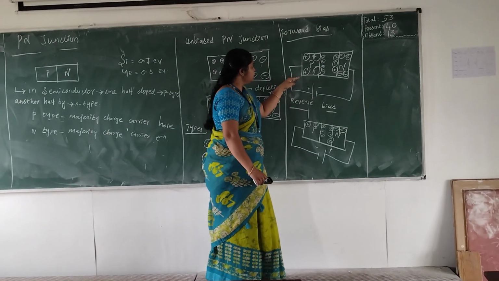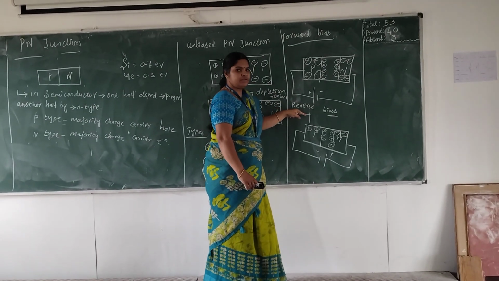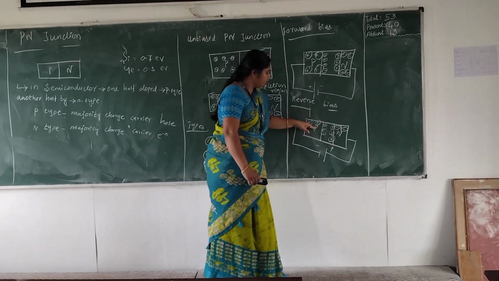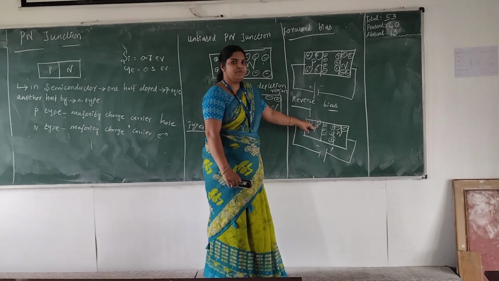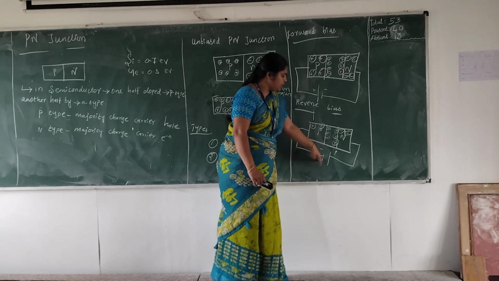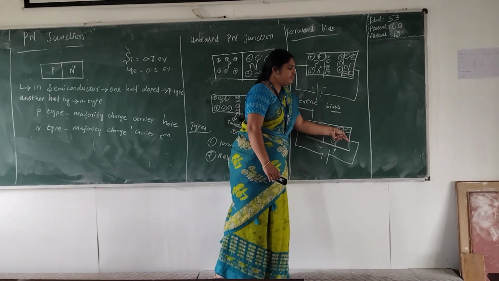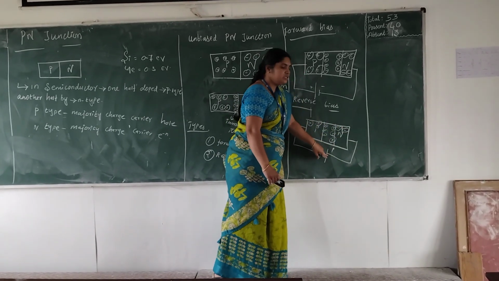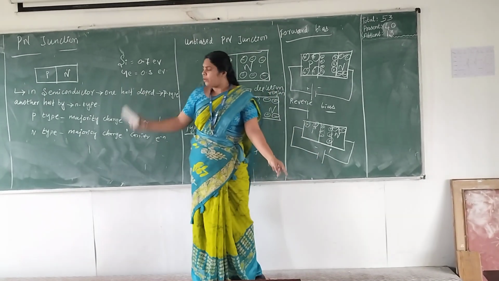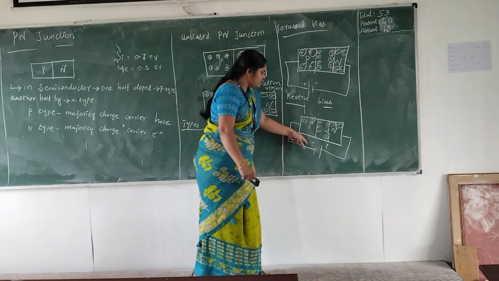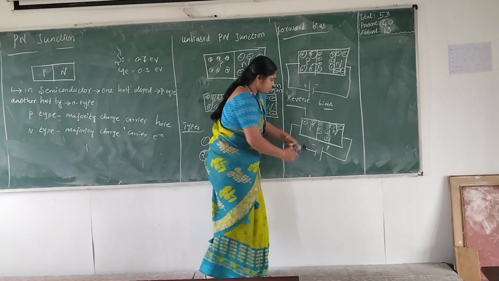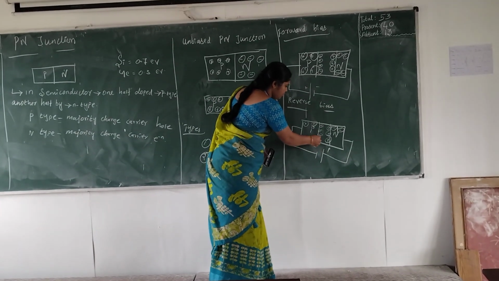Next we move on to reverse bias. In the same way, with P and N type, the P-type material with positively charged holes is connected to the negative of the battery, and the N-type material with electrons is connected to the positive of the battery. So when we apply a voltage of 0.7, the electrons will not